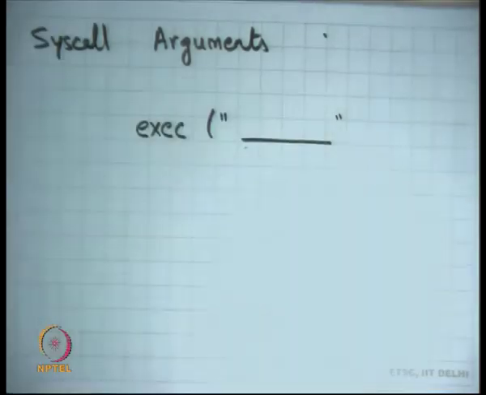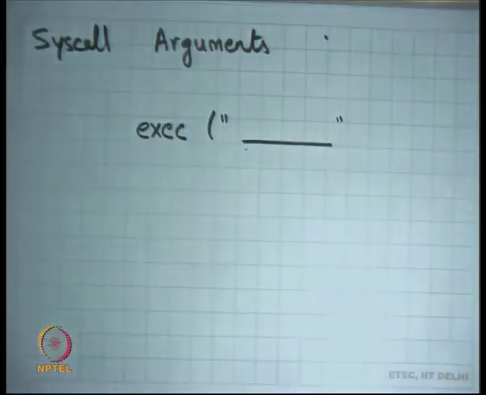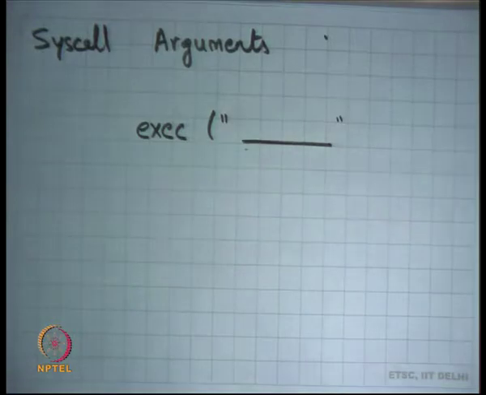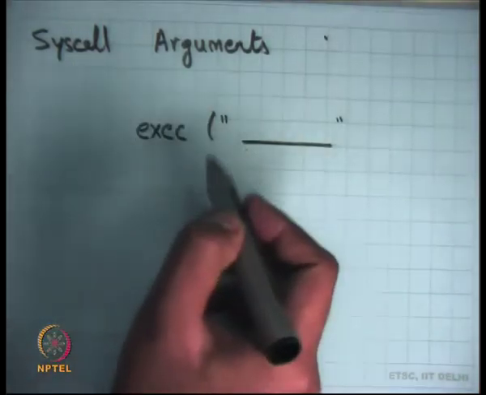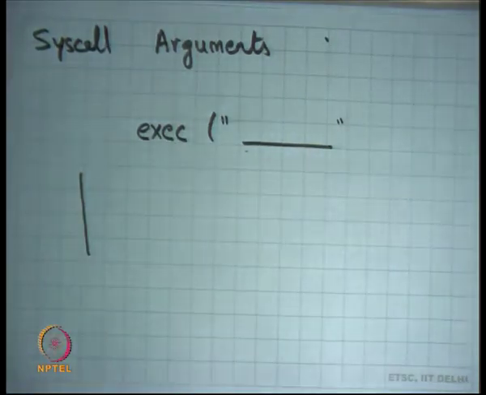Now a string can be of an arbitrary length, so clearly a string cannot be passed into registers, or even passing the string on the stack may not be the right thing. Right, so you could pass it potentially on the stack, but let's say you cannot pass it on the registers. So the way it's done is you pass the pointer. So what the user does is it initializes the string somewhere. The string could be either on the user's stack, or in the user's heap, or in the user's data section. It doesn't matter, it's in the user's address space. That's all I care about, right?